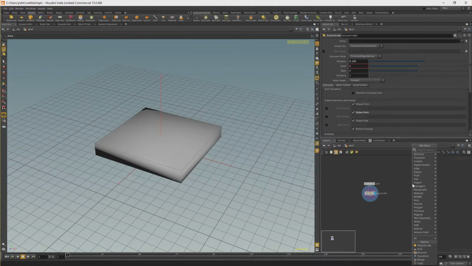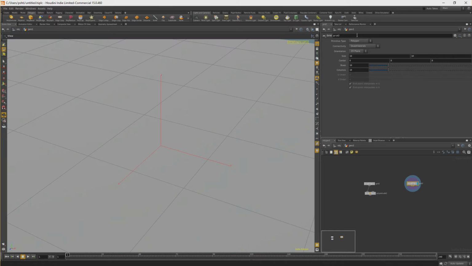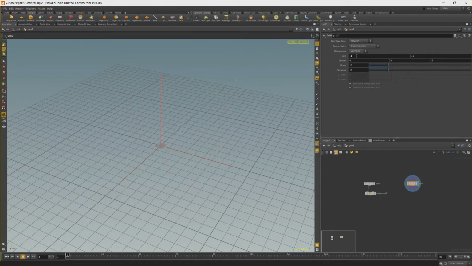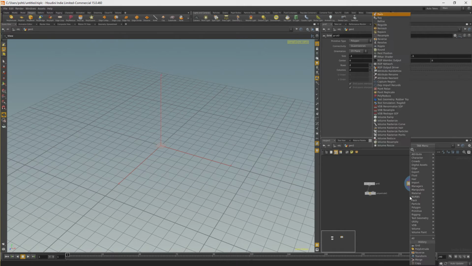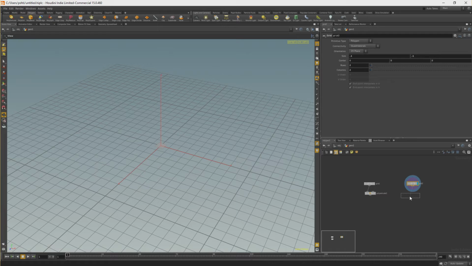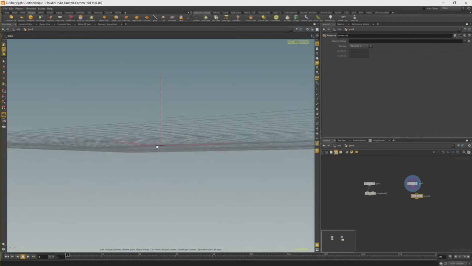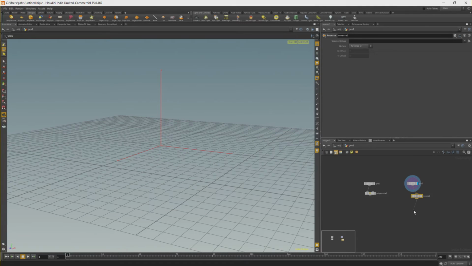Now we create another grid. Again, we will switch to this node to render. It will be a bit smaller, it's for the table legs. Now we need to extrude it as well. I will reverse this right away. This will just reverse the polygon because we want to do extrusion